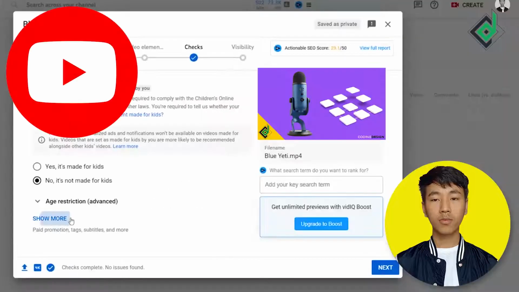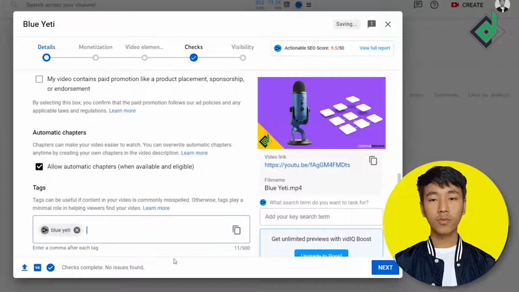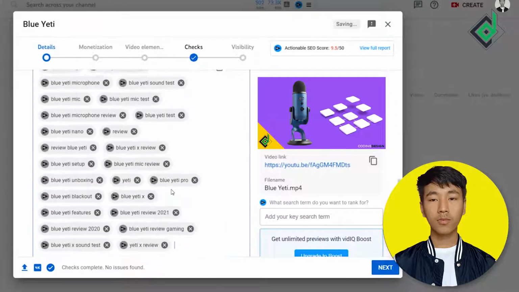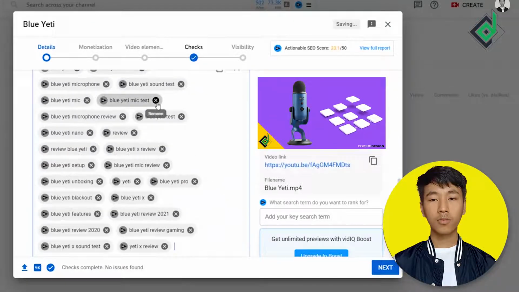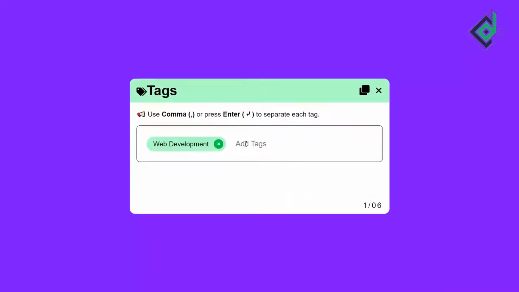If you are a YouTube content creator, then definitely you have seen this feature. YouTube does provide a specific section where you can add different tags for your video for better SEO. So in this video, I'm going to show you how you can add the same functionality. Let's look at it. So as you can see, you can add the different tags, but I have given there